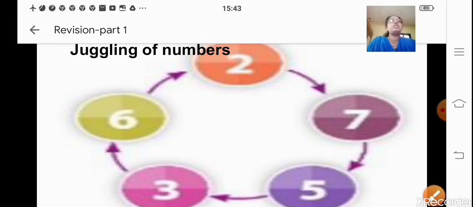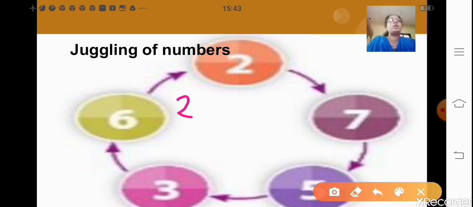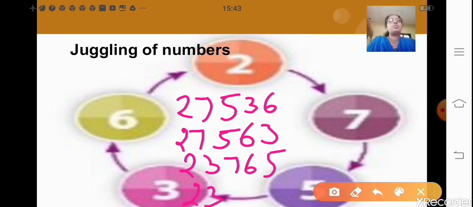Now you can take some digits like 2, 7, 5, 3, 6. You can make some more 5-digit numbers using these digits, 2, 7, 5. You can interchange them. Also you can write it as 2, 3, 7, 6, 5. You can interchange these numbers, 2, 3, 7, 5, 6. Similarly, you can frame some more 5-digit numbers by changing the order of the numbers, 2, 5, 7, 3, 6,